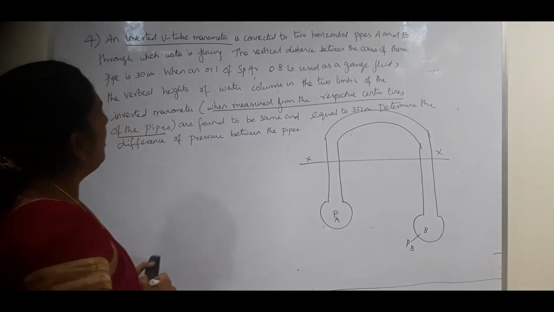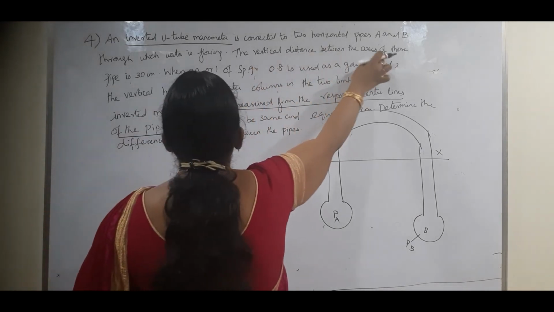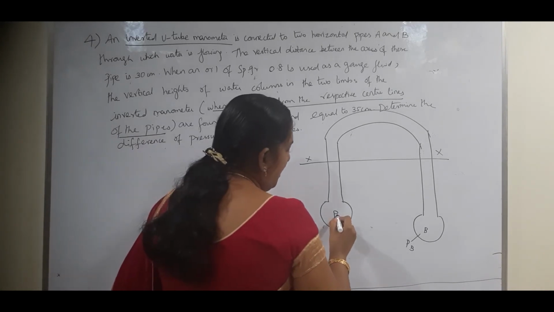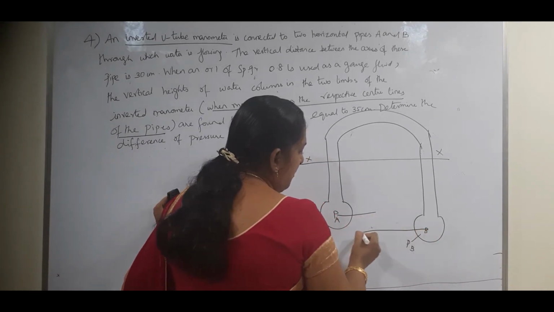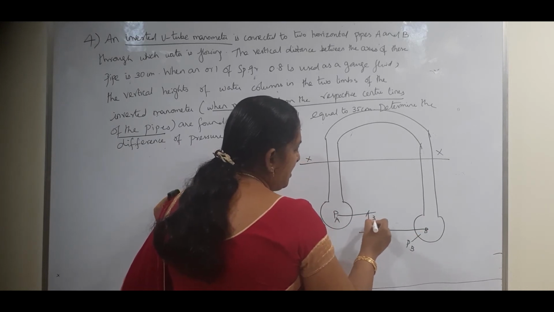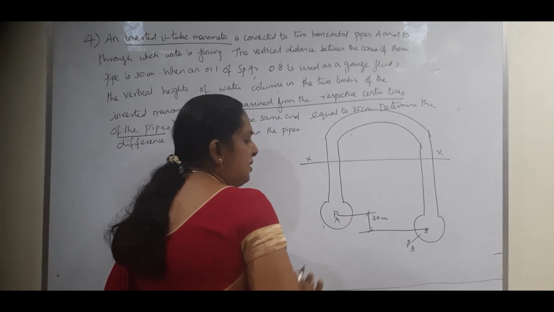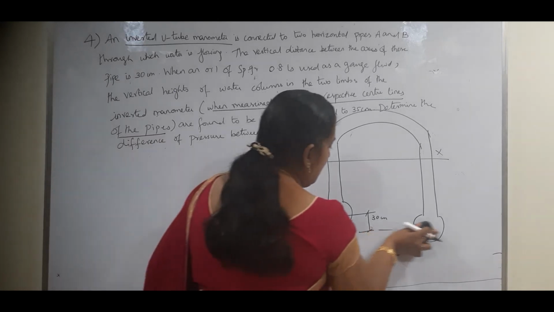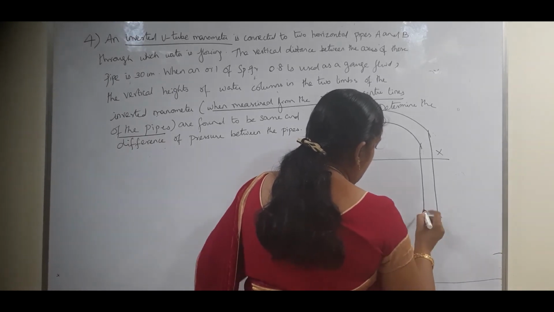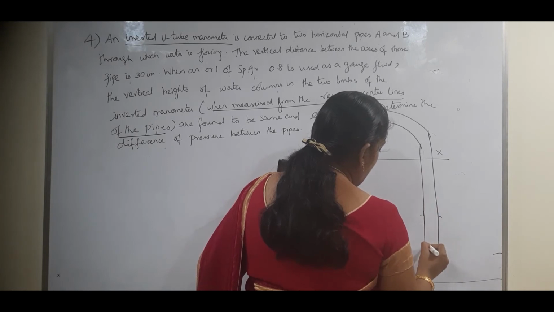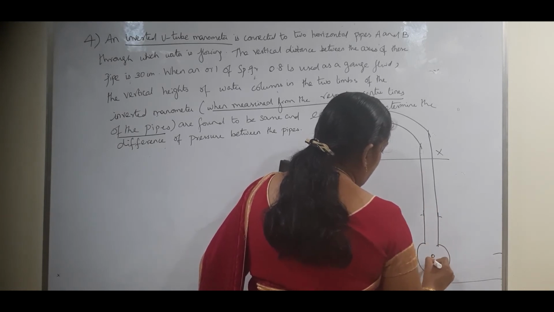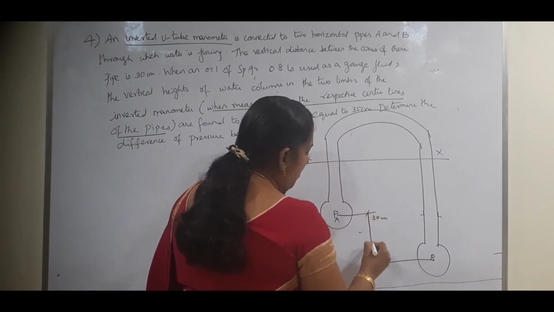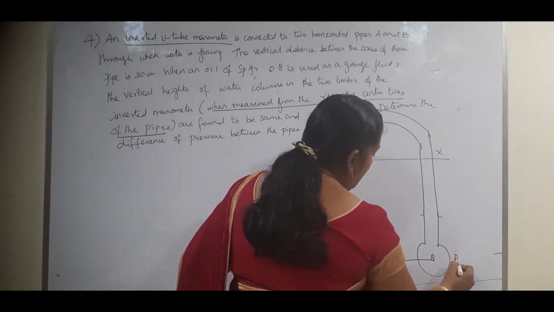So what they have given here is a clue. The vertical distance between the axis of the pipe is 30 centimeter. What does it mean? The vertical distance between the axis of the pipe from this to this, okay, this is 30 centimeters. Though I didn't draw it proportionately, this dimension is 30 centimeters. Otherwise what you can do, you can just add it a little down so that it will be exactly correct. So this is here B. So from center to center only we will be measuring the distance, am I right? So the vertical distance between the axis of these two pipes is 30 centimeters.